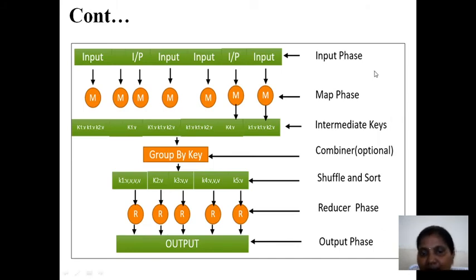See, in this single picture representation, I am going to give you the total input. What are the phases, and what is the main theme of these phases. Here is the input. Based upon the inputs, we have one mapper. Intermediate keys are going to be developed by the record reader, K1, K2, V1, V2, right? So the combiner will combine all these values as groups. Means the relevant data is going to be stored in one place. They are going to shuffle in, they are going to merge, okay. Now the shuffle and sort is going to be done after the combiner. Later the reducer is going to execute on this and the output is going to be stored into the HDFS.